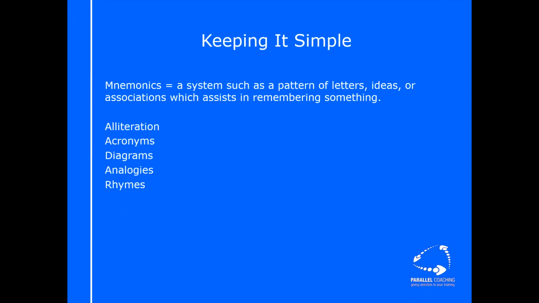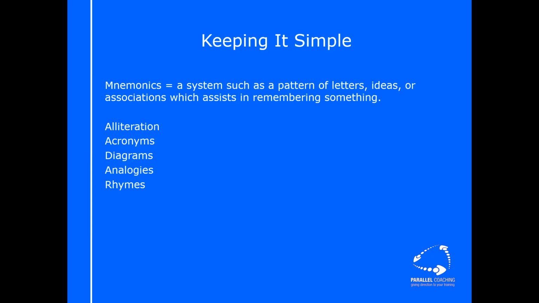So in order to keep things simple, we generally use mnemonics. Now, mnemonics are used a lot. This is quite a word, especially when you look at how it's spelled. But mnemonics is basically just a system, such as a pattern of letters, some ideas or associations, and they assist in remembering something. You may have come across some of these mnemonics before, so things like alliteration, acronyms, diagrams, analogies,